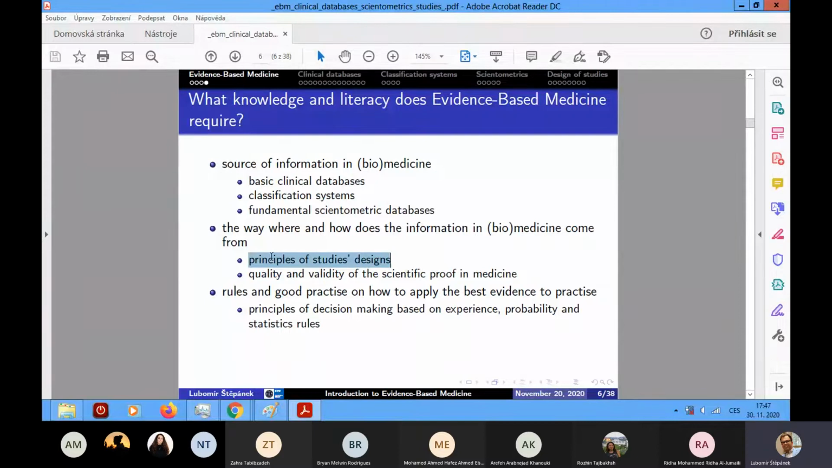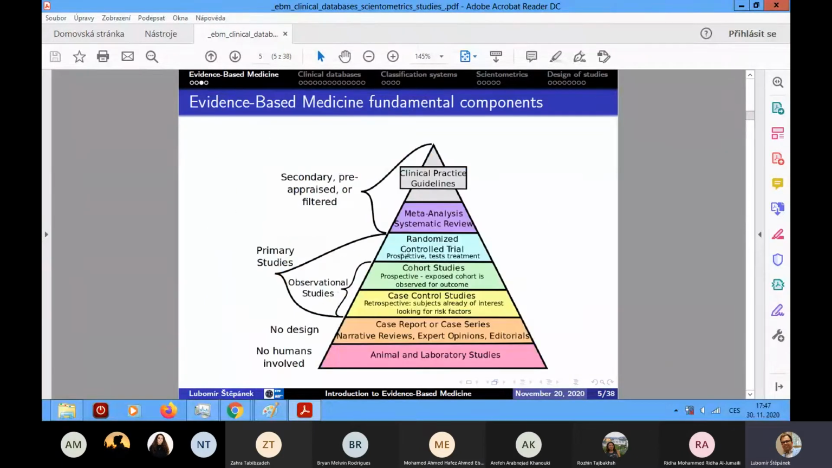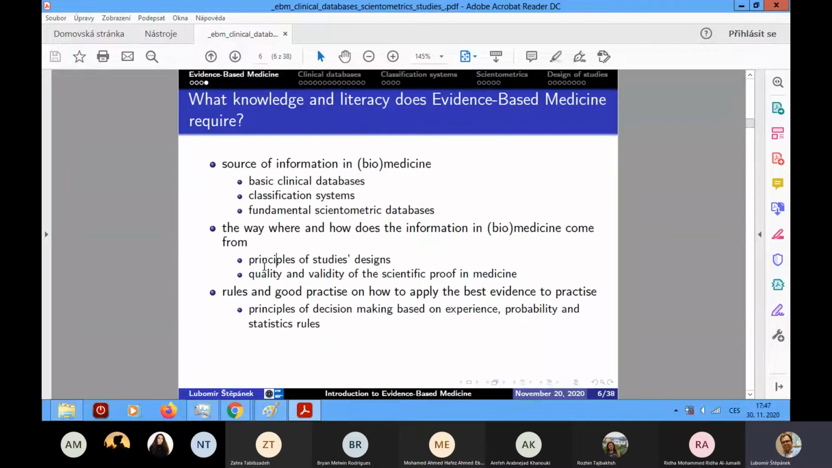So it's good to know, for example, that a clinical trial is much better, or could be considered much more valid, than, for example, case control, or even narrative reviews or expert opinions. These are, as I told you, good to start a discussion, but not to make any conclusion. And I think that we are going to talk about many of these